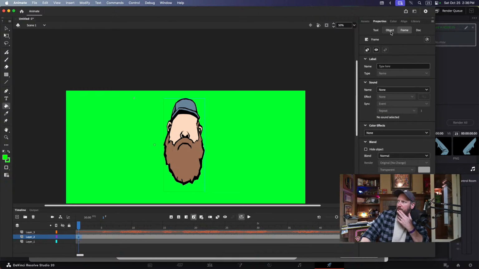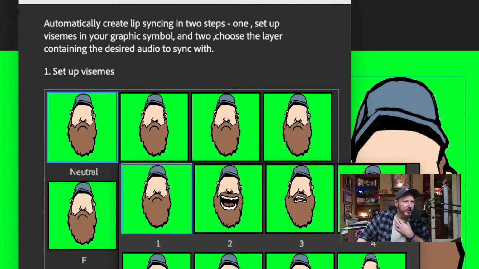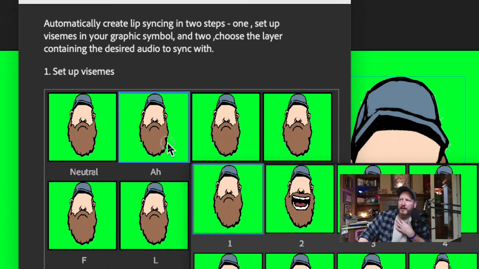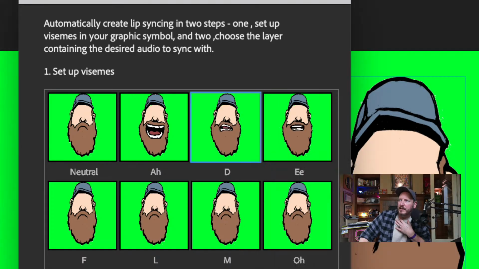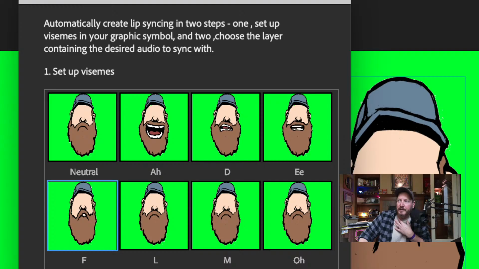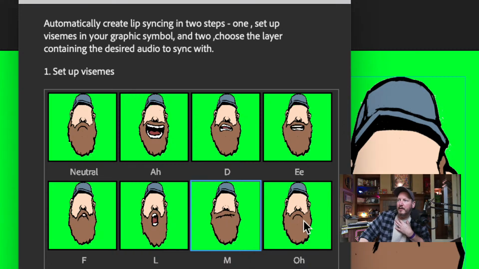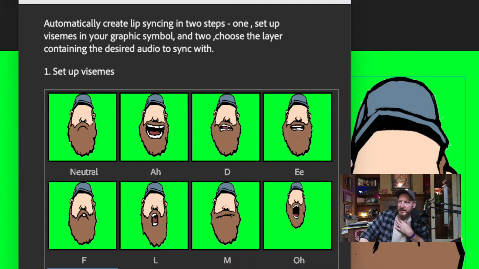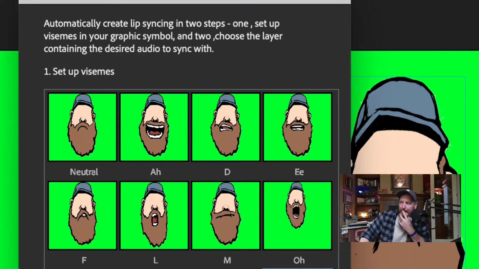It's right there. So now what we do is we say lip sync, and we got to line these up. And I'm going to zoom in so you can see what I'm doing. So neutral, remember when I was counting this earlier? So we have the neutral one. Great. We have A, which will be that one. D, D. I screwed it up already. D, F, L. You can see they're in order. M, O, R is going to be D, S is that, and W is that. Wait, no. W is that. So, no, wait. Yeah, okay, I guess that's right. Done.